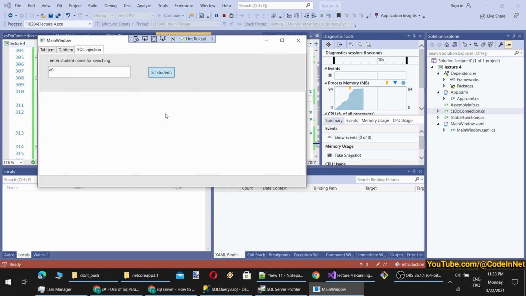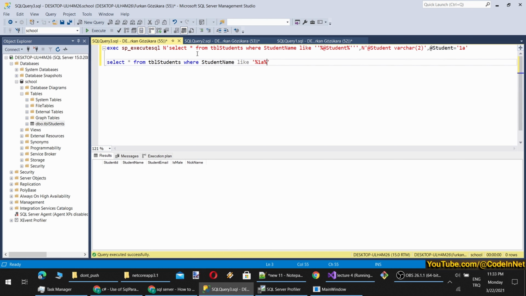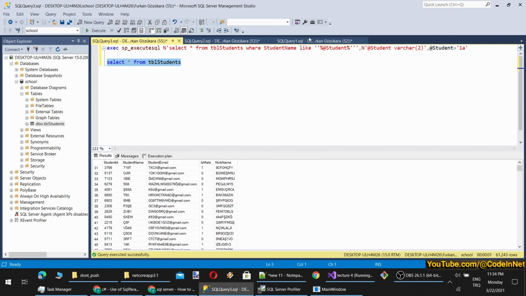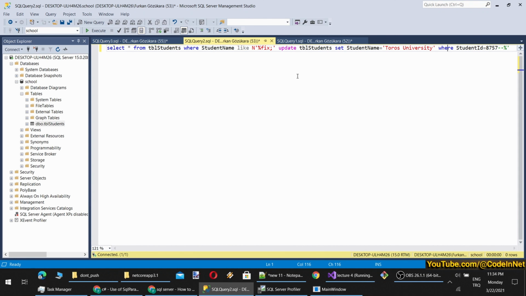Okay, now we can see. Now we can try our SQL injection like delete from TBL students and this. And when I run it, nothing will happen, because now we are doing a parameterized query, and as you can see, it has failed to delete from TBL students.